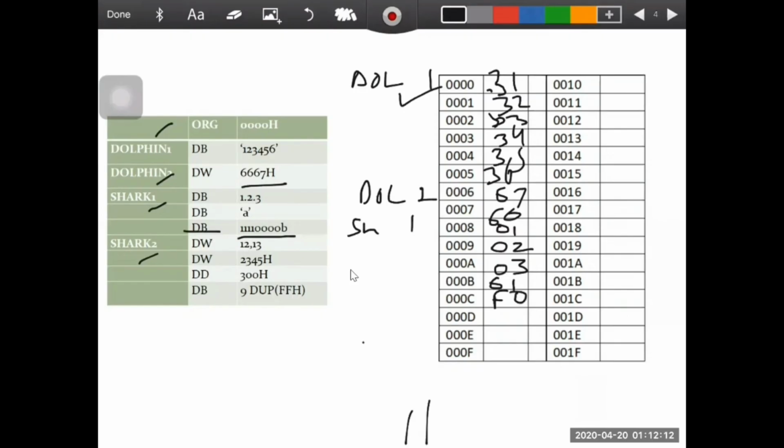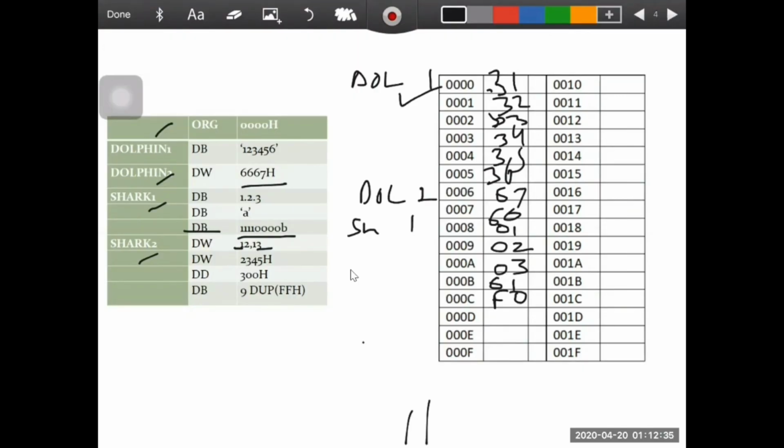After that, DW 12, 13. Now here you have to note that the numbers 12 and 13 are 8-bit numbers, but we have to define a word for them.